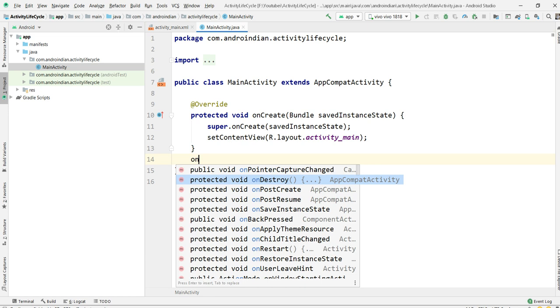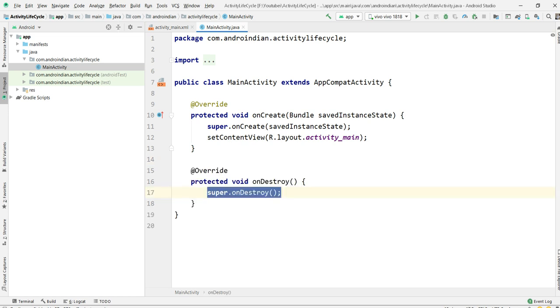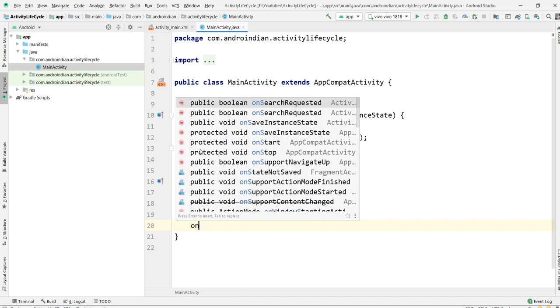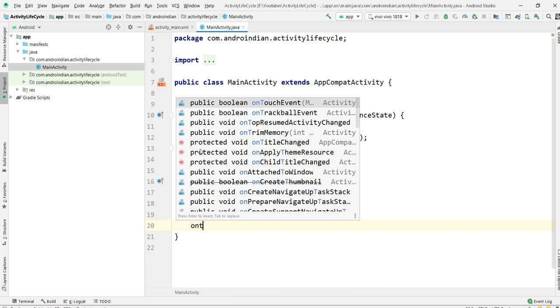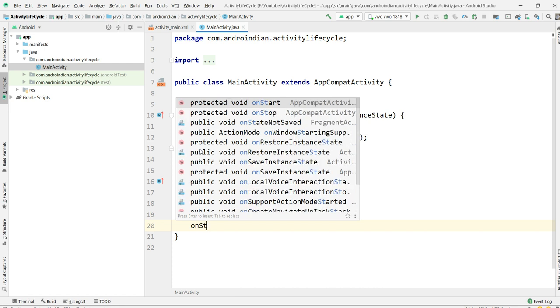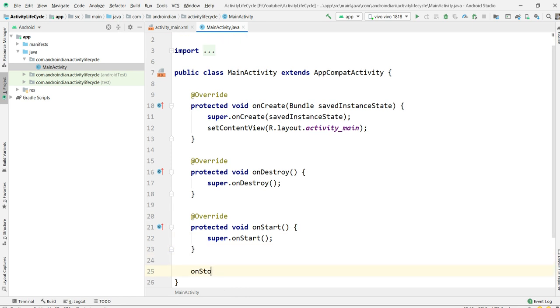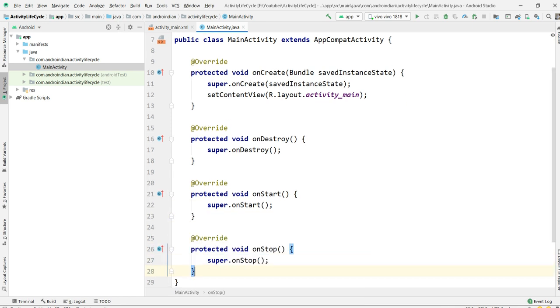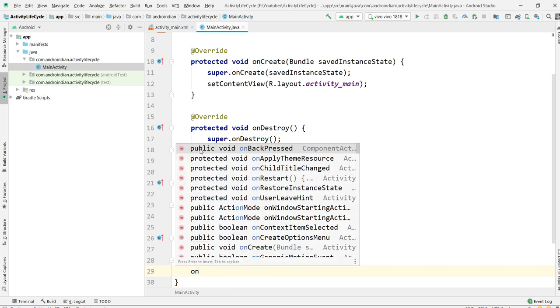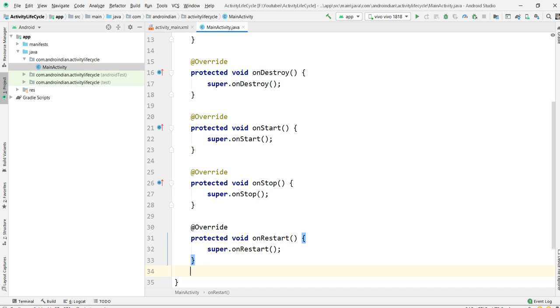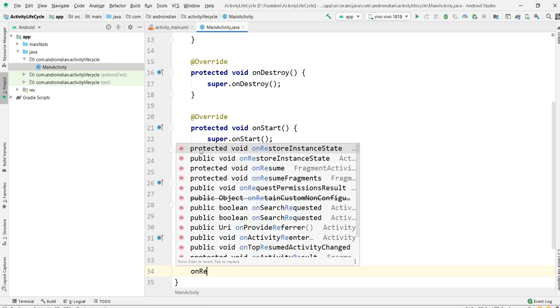I'll create all the methods one by one: onDestroy, onStart, onStop, onResume, onRestart, onResume.